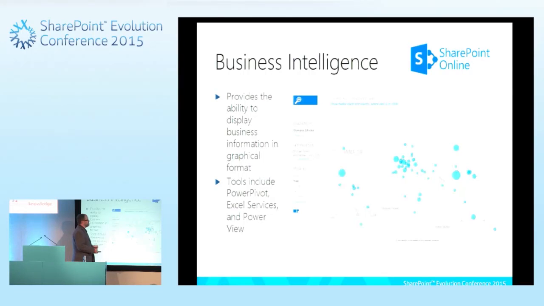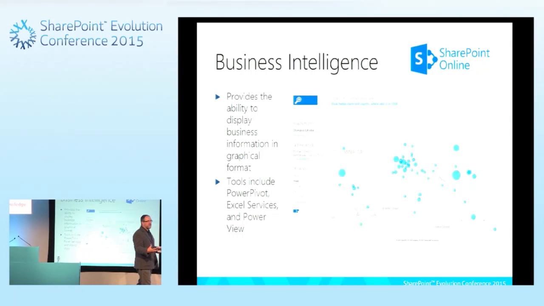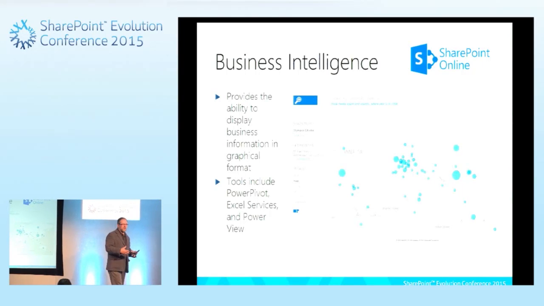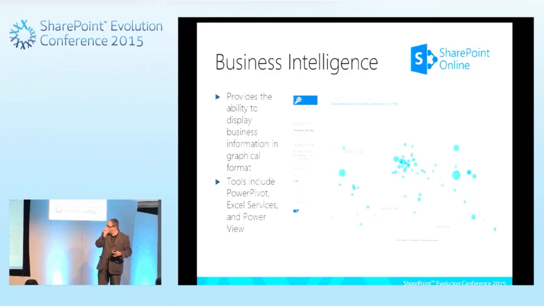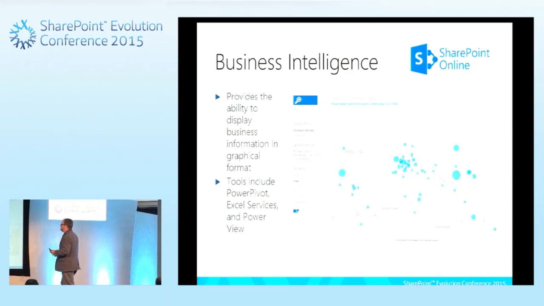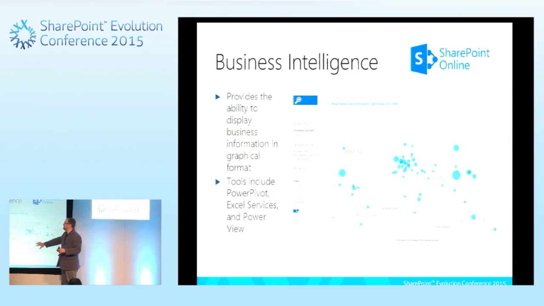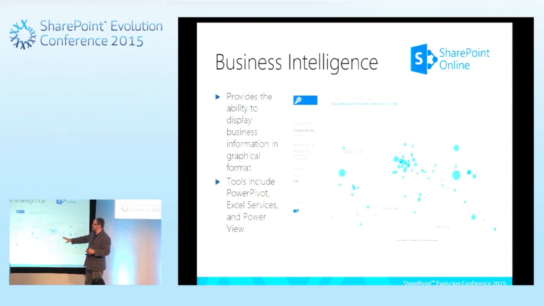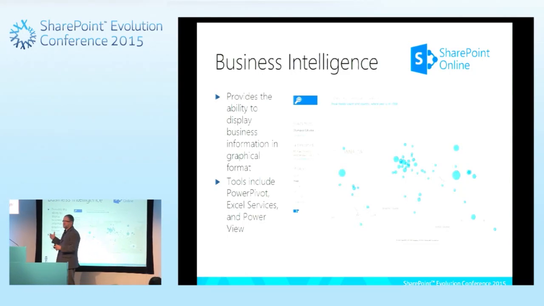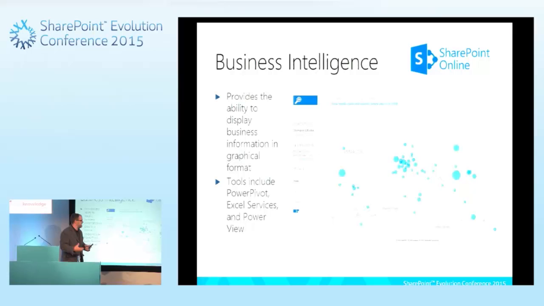But other pieces that are part of this, that a lot of organizations had trouble setting up, maybe because the infrastructure requirements were complex, or it took a lot of work to set up the servers to do this, include things like the business intelligence features. These are some of the features that, when they start to get used, become very valuable. You can take tools like Power Pivot, Excel Services, Power View, all of those native integrated tools, and use them